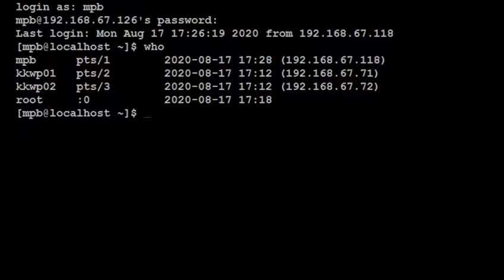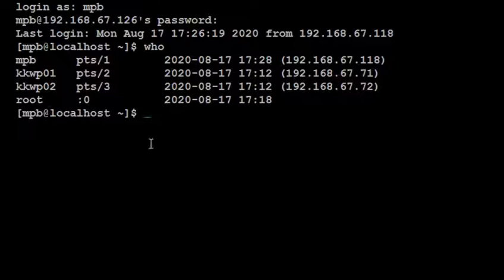The second user KKWP01 and its details, third user KKWP02 and its details, and the last one is root, which is my Linux server, which is also started now, and of course as it is started, multiple users can use that on multiple terminals. So I have already started some of the terminals on some of the systems in the laboratory, so that they can be listed here, and this is the output of who command.